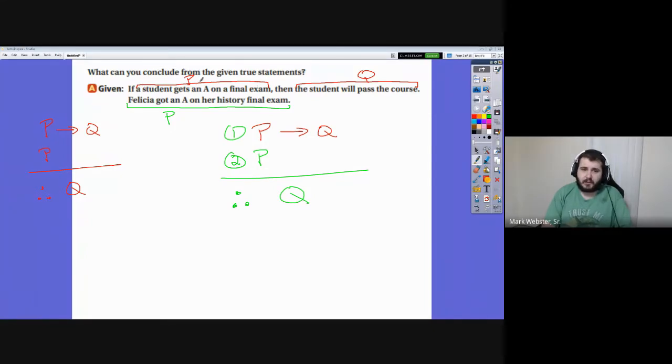So again, you see here's your P implies Q. You see that they're giving you a P. So that means that you are allowed to produce Q. Student, in this case Felicia, will pass the course, in this case history. So our conclusion can be